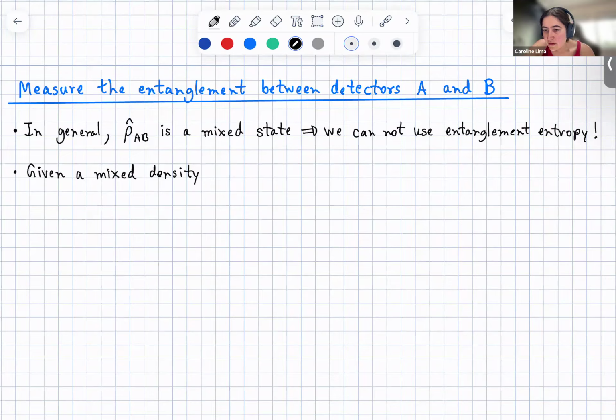Now, let's see. Well, Marcus, I think the definition of entanglement would be: a state is entangled if it's not separable. That is the only good definition of entanglement, right? You cannot really circumvent this definition. I agree with you that it's not that easy, but precisely because of that, it is hard to tell whether a state is entangled or not. So, given a mixed density matrix,